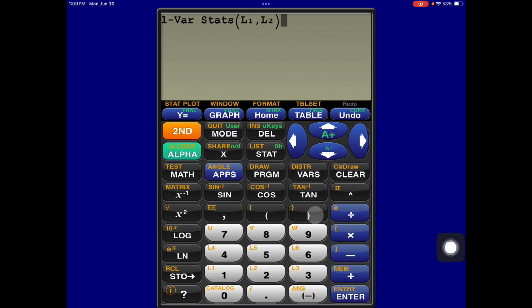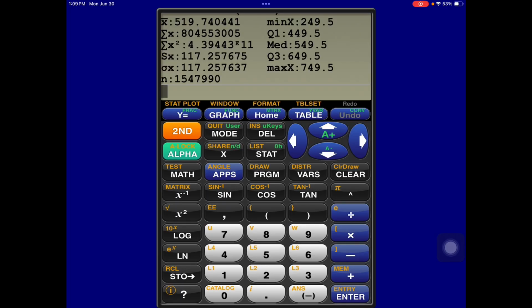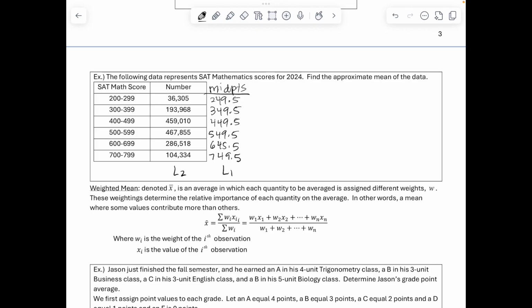If you have a physical calculator, it is laid out a little bit differently. Your list is going to be L1 and your frequency list is going to be L2, as stated at the bottom of page 3 of the notes. From here, select Enter and we arrive at our values. From the calculator, we get our approximate mean, which we're going to denote mu since this represents all of our SAT mathematical scores for 2024, and we get